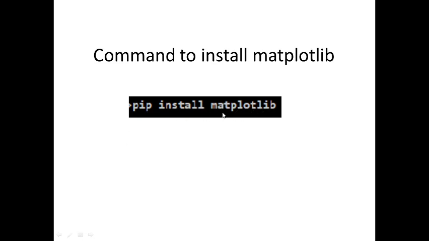So using this command we can install the matplotlib library. As we know that the plot function on a data frame is a simple wrapper around matplotlib, so we need to install this library. As we have already discussed how to install a library in the environment setup lecture, you can refer to that lecture for more details.